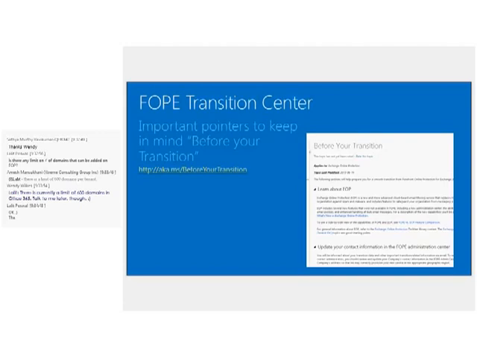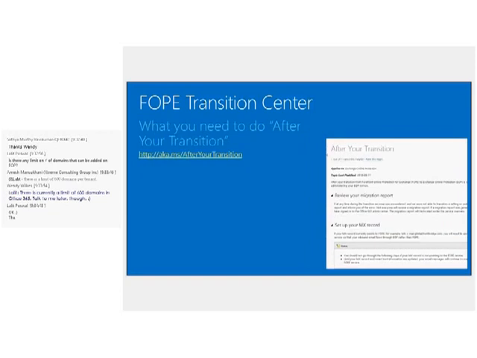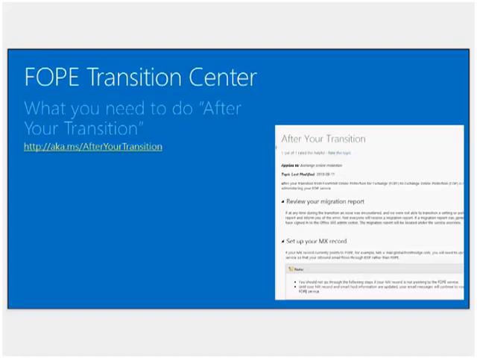When you click on before transition, so in the end we'll see this in the walkthrough as well, the hyperlink will take you to a separate landing page, and you will learn important pointers that we need to keep in mind before my transition takes place. And what are the actions that need to be taken after the transition has been completed. When you click on the hyperlink at the transition center, it will take you to a separate landing page and mention things like updating your MX record, updating the smart host.